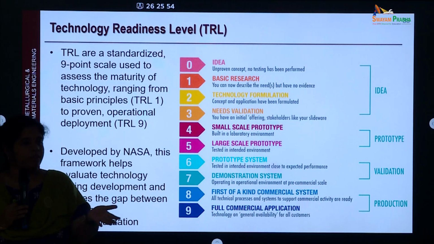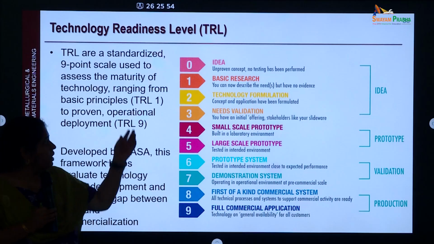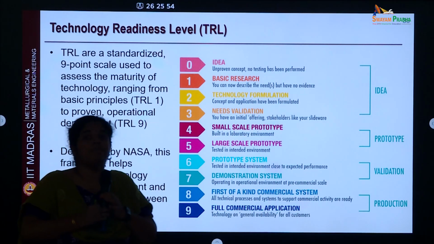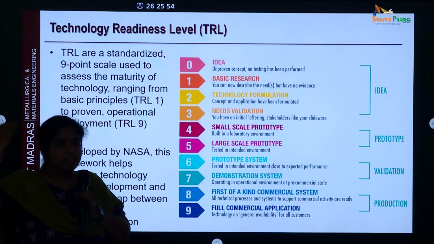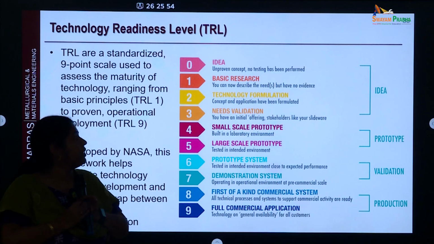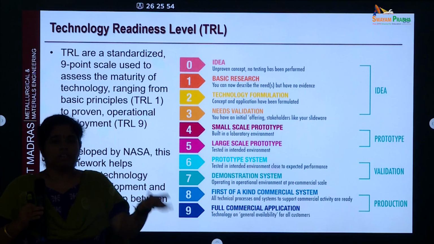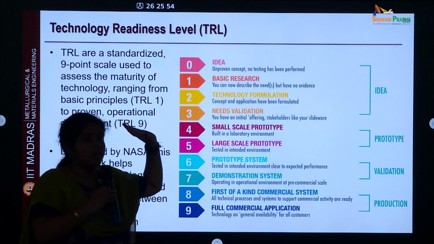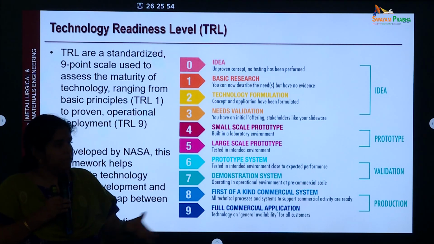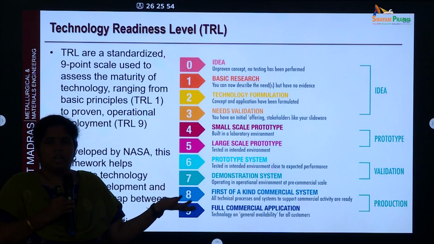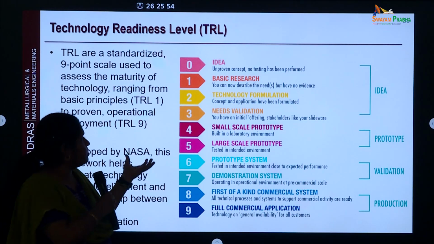Two people can talk and say, okay, this is the idea. Now, how will you change from this idea to a full product? The TRL defines the different steps. TRL 0 is just the idea, like two people sitting and talking. Then you start doing some research on it, maybe check the literature and do a few experiments.